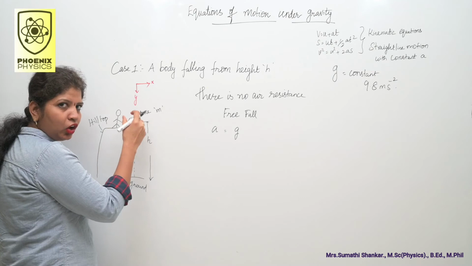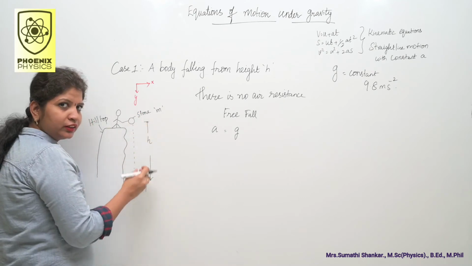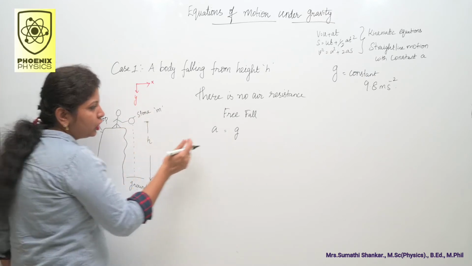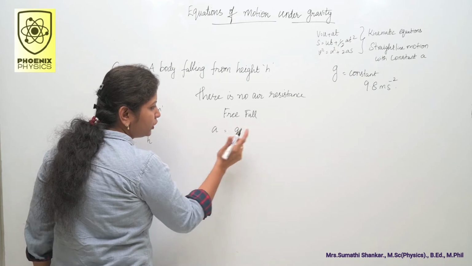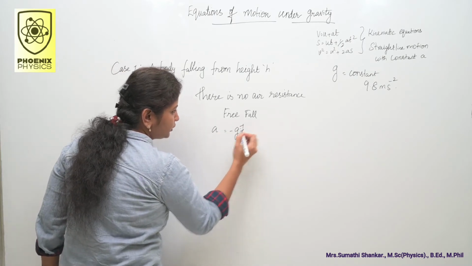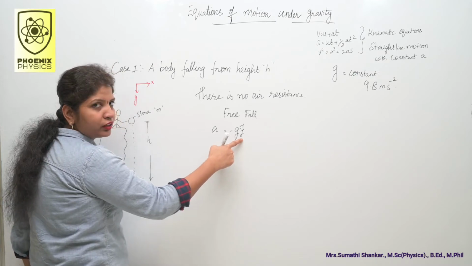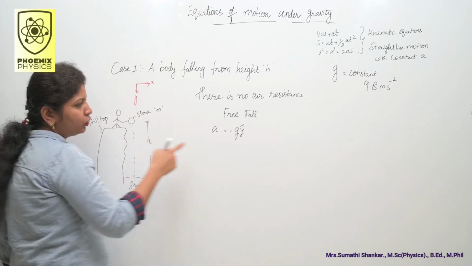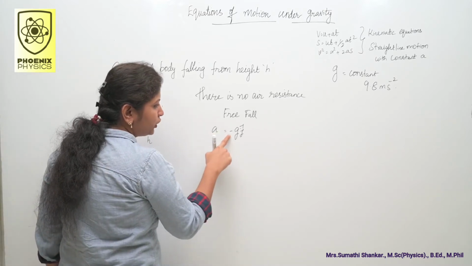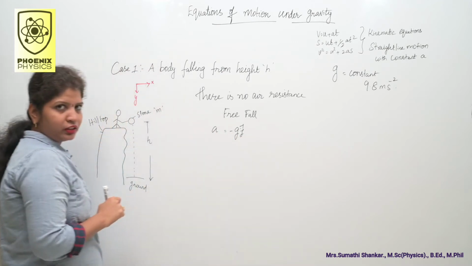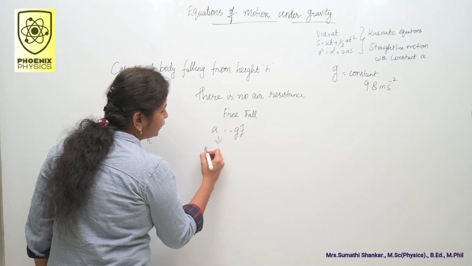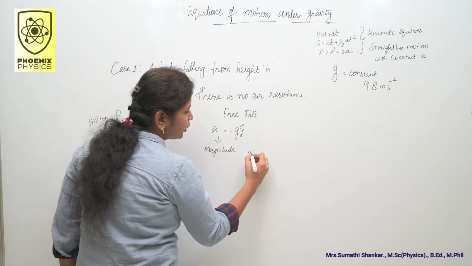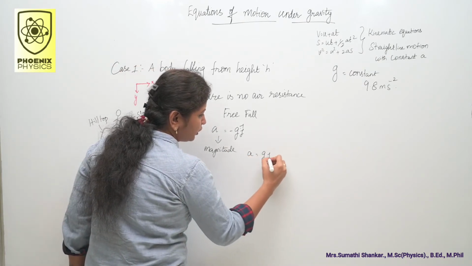Here the particle or object is moving towards the earth, which means y direction. Here y is in the downward direction. So a can be written as a is equal to minus g j vector. So what is this j vector? j vector is nothing but the unit vector along the y axis. So acceleration is equal to minus g j vector. Here we are considering only the magnitude. So how do you write a? a is equal to g j vector.